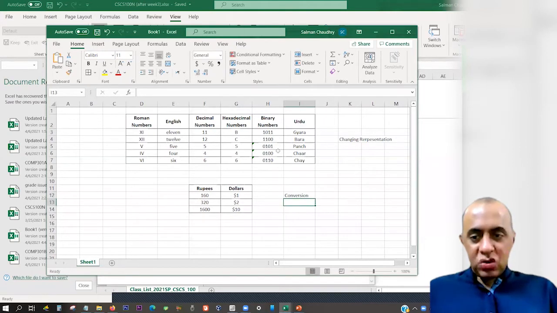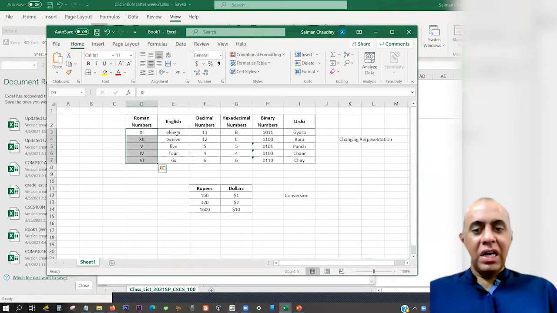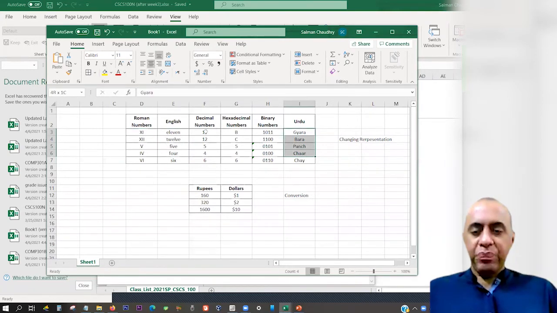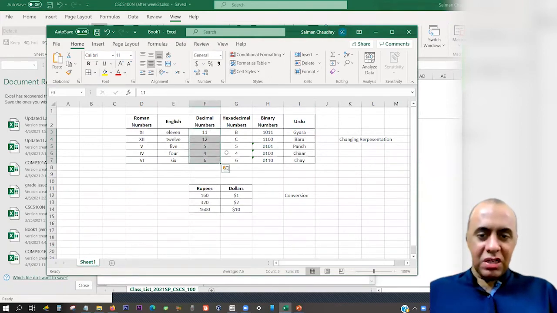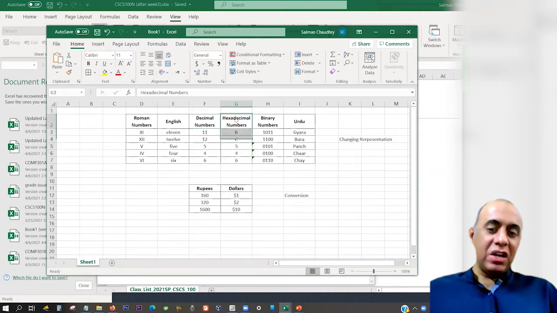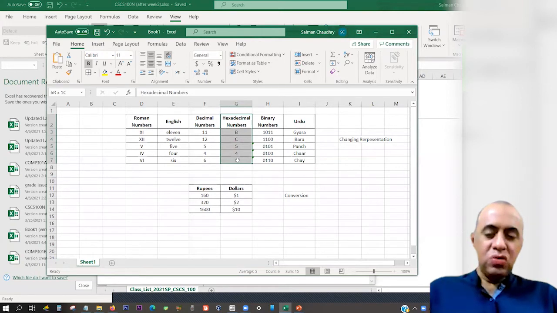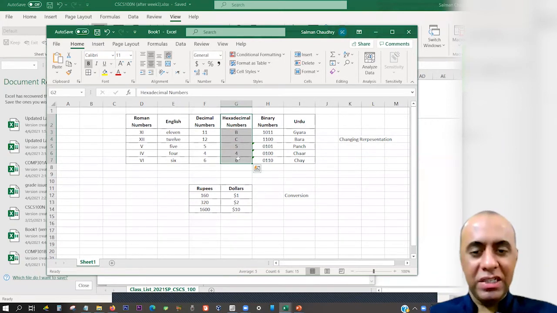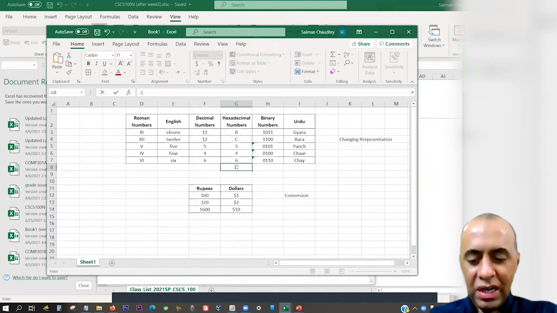Do we need to memorize these? So the thing is that we have become familiar with reading Roman numbers. We are familiar with using English language, and in our case, Urdu language. And we are also familiar with writing in decimal numbers. But this particular format, we are not really accustomed to using. These are only used by specialized domain people. Like these numbers are used by CS majors,